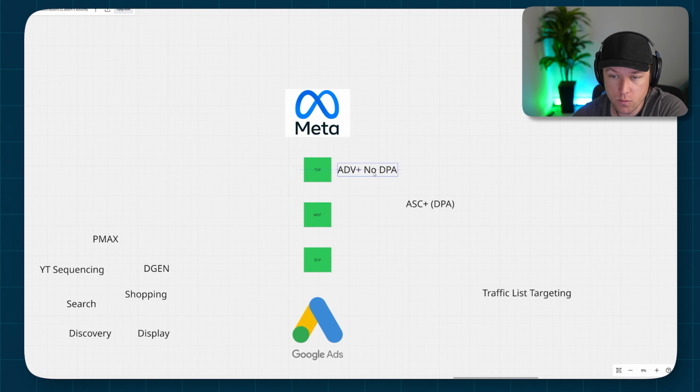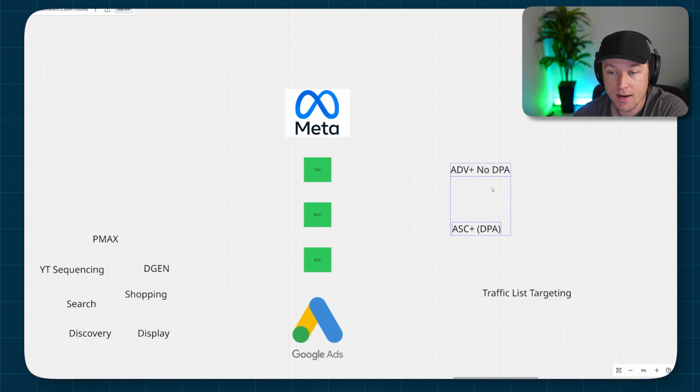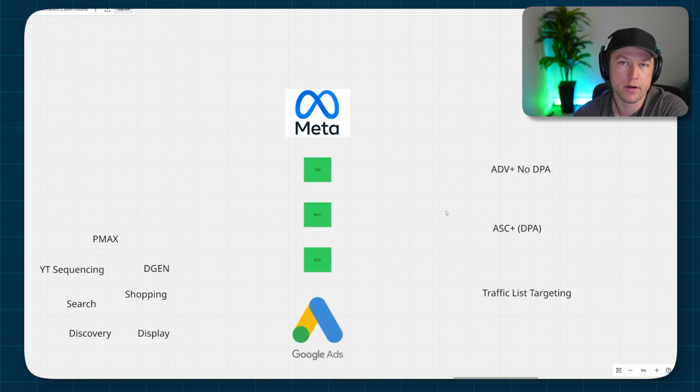So for e-commerce, we mainly just do Advantage Plus no DPA. If we find out that there's a longer sales cycle and we need to add in more middle of funnel and bottom of funnel, then we will add in Advantage Plus with DPA. This will be a separate campaign because DPA goes extremely warm and it is more of a demand capture than a demand generation. If we are now talking about SaaS, Andromeda is being rolled out across all the conversion-based campaigns,